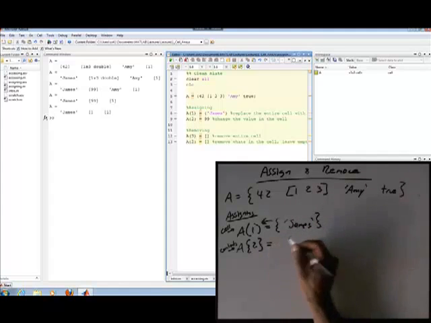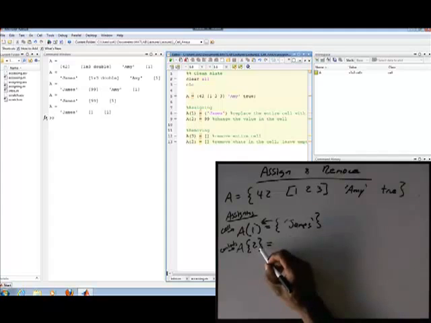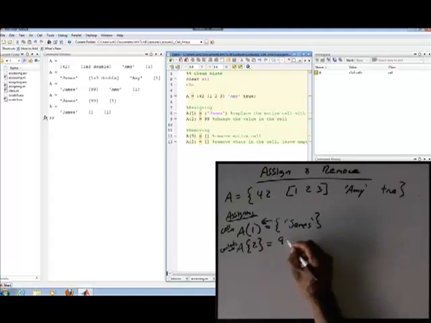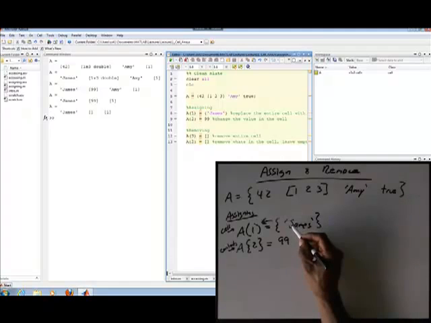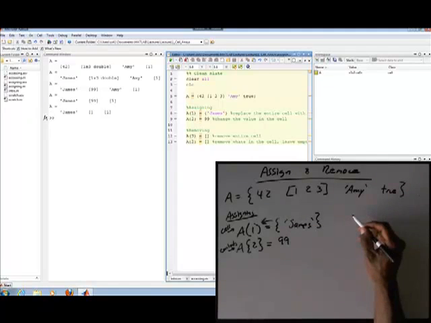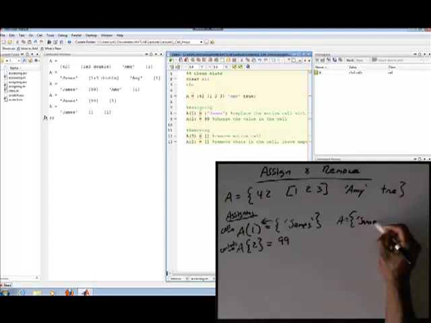Down here I can put any value into a cell because this is the contents. This is actually inside the Ziploc bag, so I can put any value in there I want. Let's say I put in the value 99. If I do this, then A, which was the cell James, then 120, 1, 2, and 3, Amy and True,